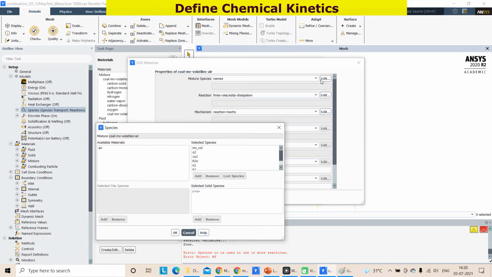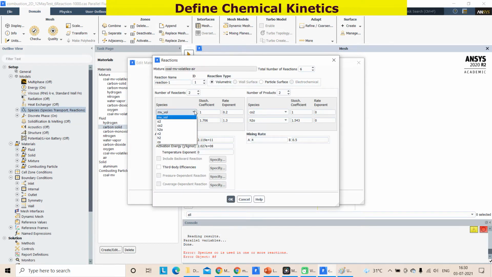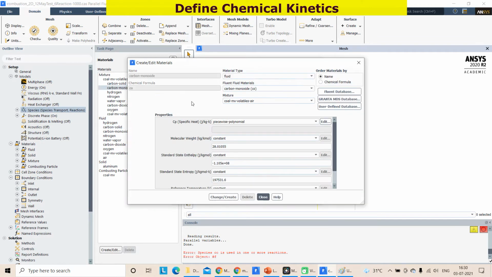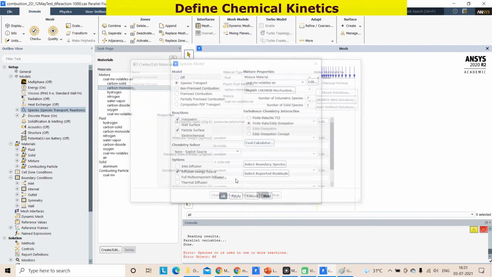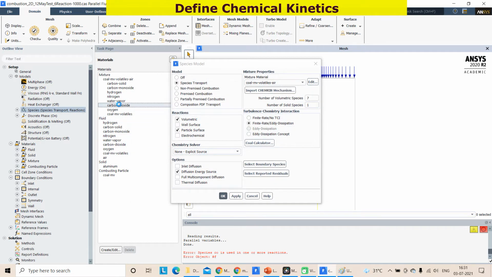Because these species you have to select, once we select these species, then they will be reflected here. Okay. Because we are adding these species based on the material library. I went to the material library and selected the species. This added species like CO, H2. Okay. So total 6 species are there. Therefore, there are 6 reactions. I see it has formula N2. Carbon monoxide here has formula CO2. These are chemical names.